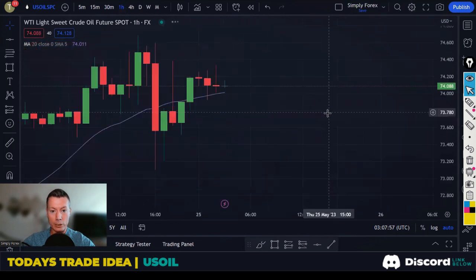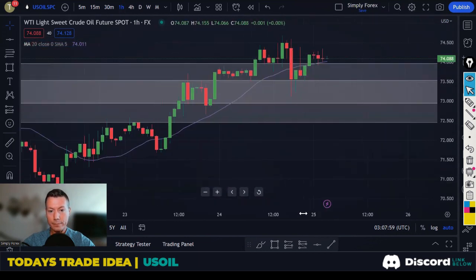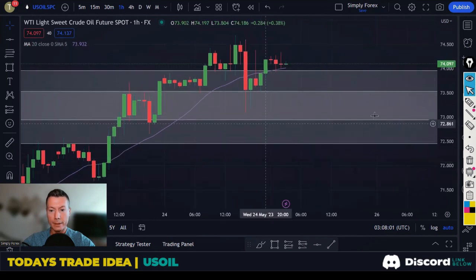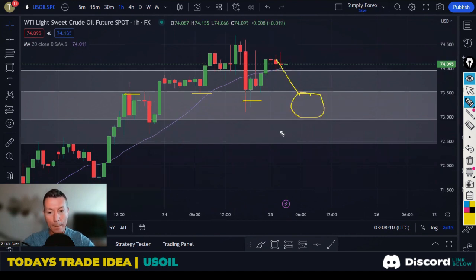If we drop down to the H1 now, there's this level through here, where price has reacted before. So price could retrace into this grey zone. We get a bullish reaction at these lows, and we could start entering the trade from there. Or